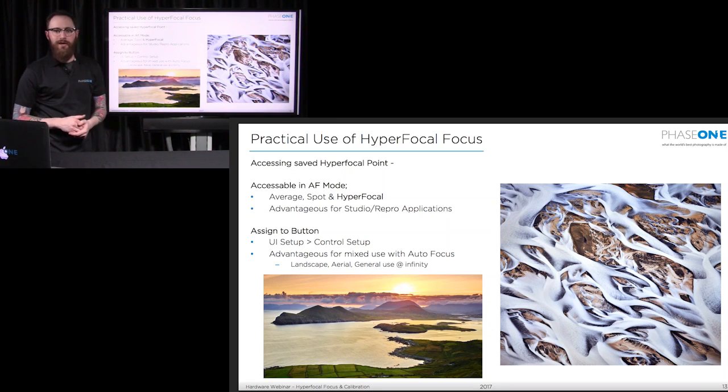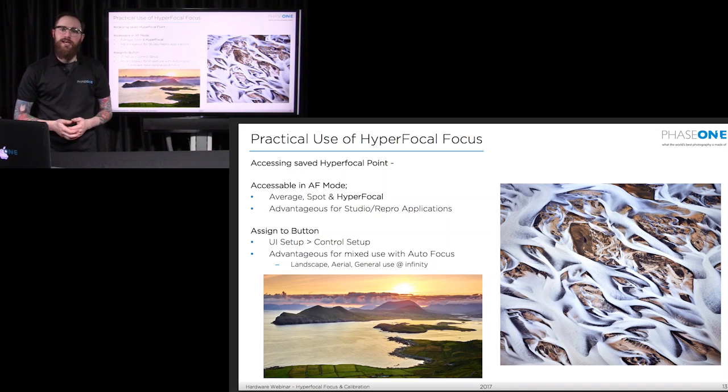Why would this be of value? Well, if you're shooting landscape and you have your hyperfocal focusing point set to infinity and as much foreground as absolutely possible, you don't need to focus your landscapes anymore. You simply get out of the car, set up your camera on a tripod, invoke hyperfocal focus. It goes to the exact sweet spot, the hyperfocal focusing point on the lens, take a shot. Infinity is absolutely going to be sharp, and you'll have as much foreground in focus, nice and sharp, as possible.